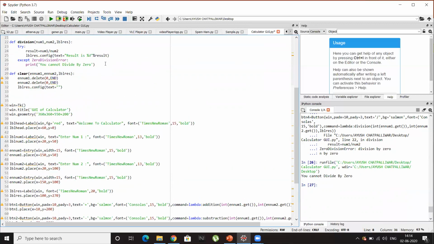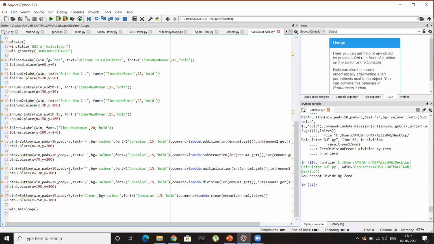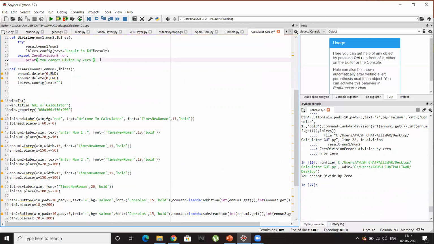And second thing is, once we have imported it, we'll use it here. So instead of this print statement, we'll give an error message. To give the error message, we'll simply write messagebox.showerror.